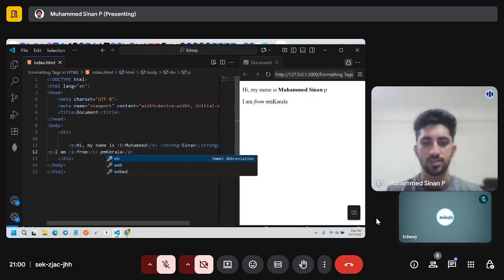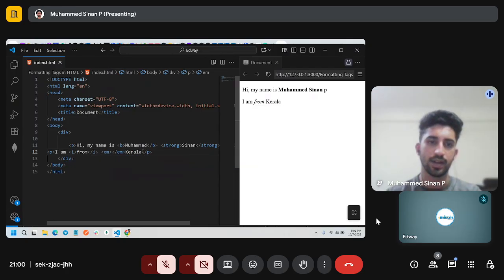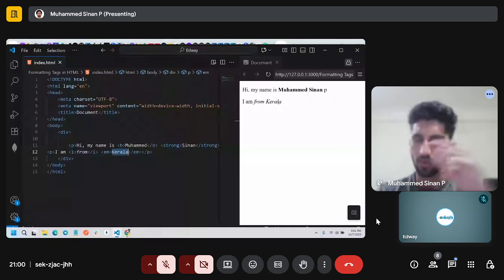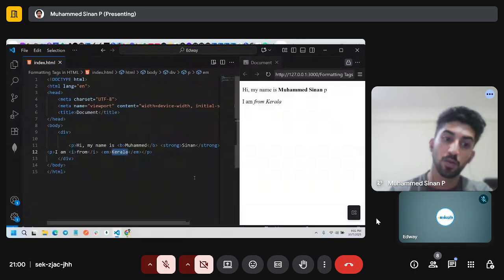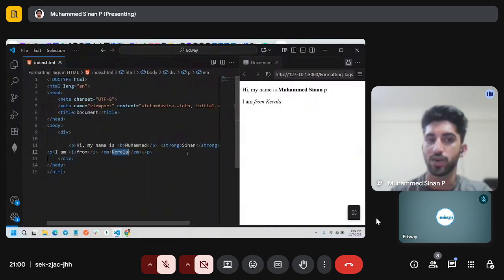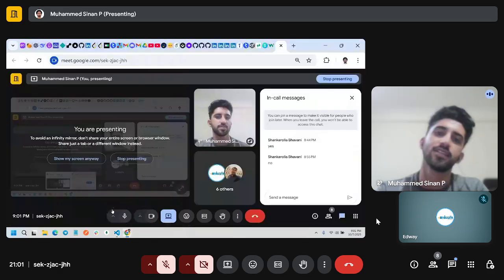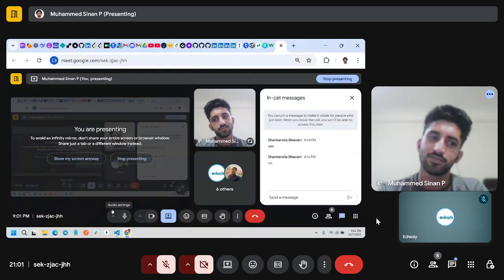And if I use the em tag, which is for emphasize, you can see that also becomes italic. So what difference does it make? By hearing the previous one about the bold and strong tag, can you guess what happens with the I tag and the emphasis tag?